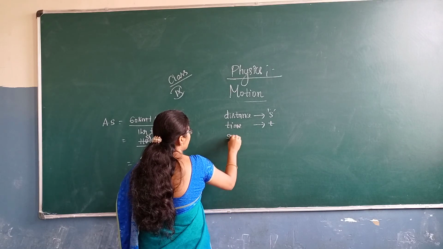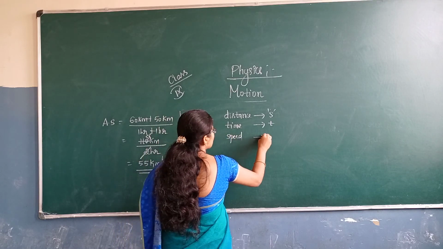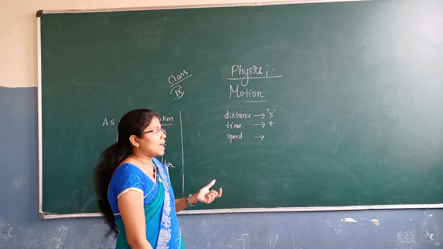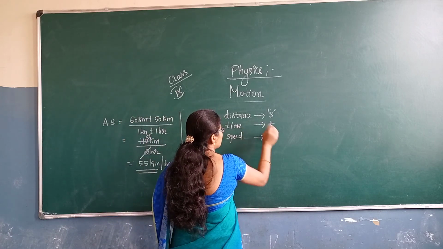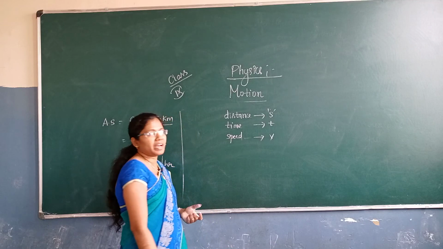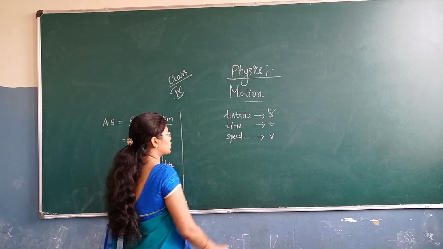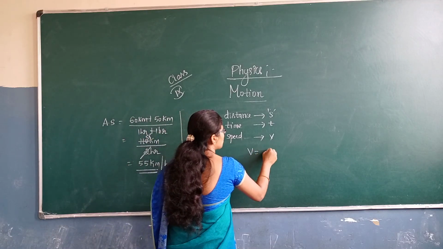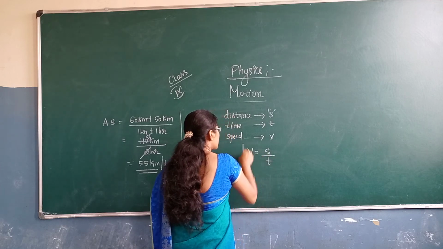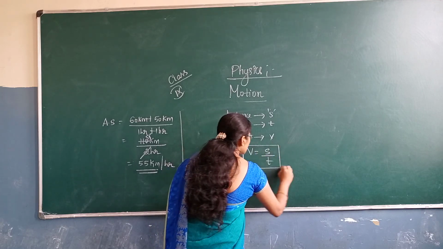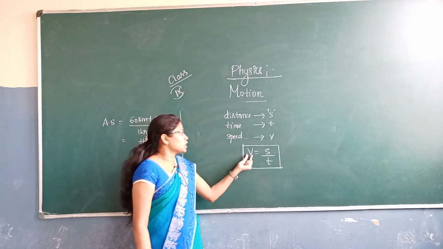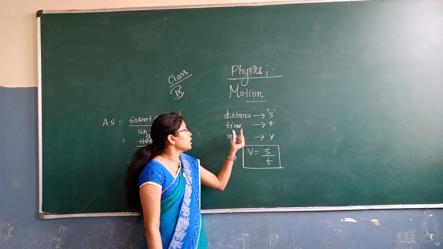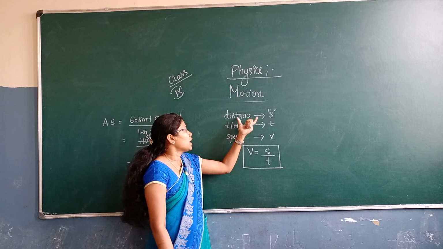Then the speed, which we are going to denote by v, is defined as v is equal to s by t. So this is the formula that we are going to use to find out the speed. Here v represents the speed, t represents the time, and s represents